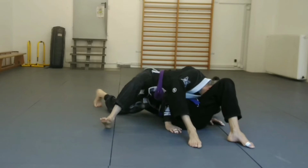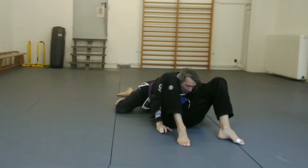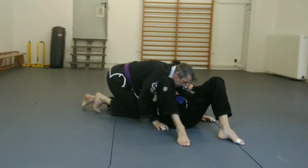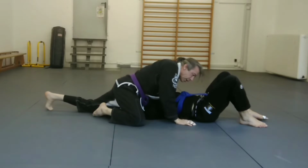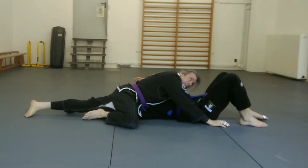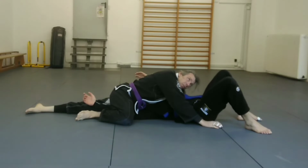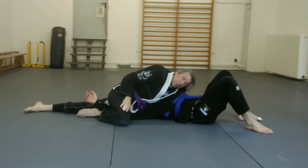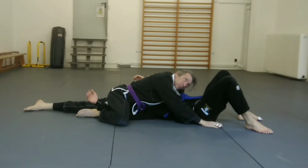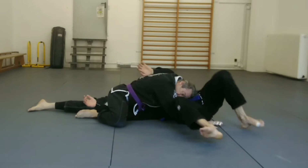Or you'll see me do something like this. Let's turn to the side so you can see. It's more of a north-south variation, but I consider this in the side control family. So I've got his head with my body and this arm with this leg, and I'm blocking the hips with this hand and with this hand. So that again, if he's trying to move out,